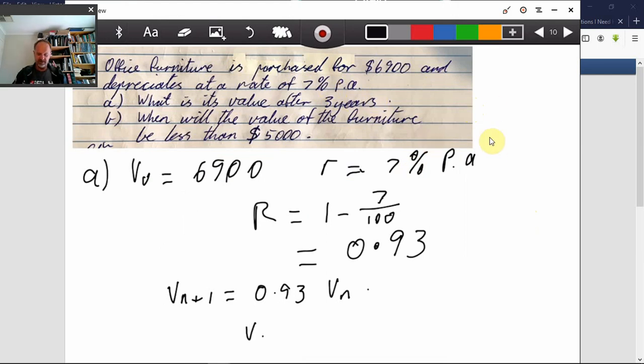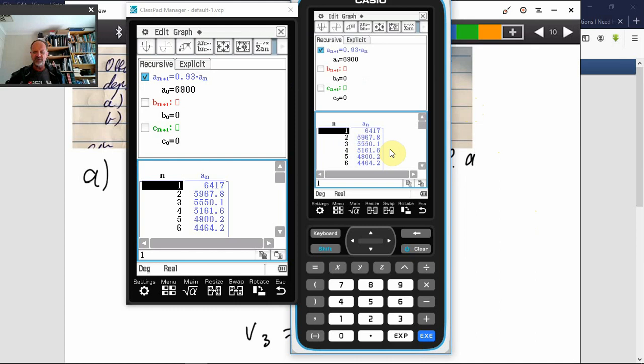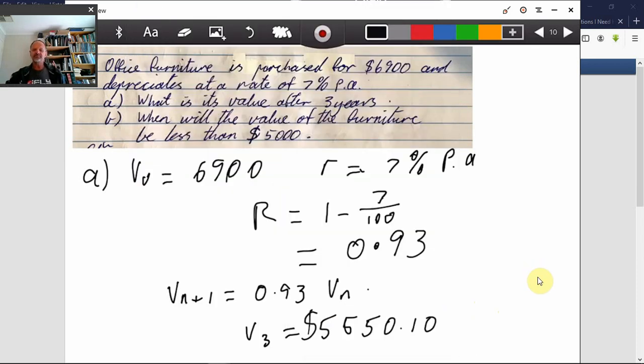Let me go back to the calculator. V3, there it is, 5,550 and 10. 5,550 and 10 cents. All right, so there it is. That's what it's worth. Okay, so question part B says, when will the value of the furniture be less than